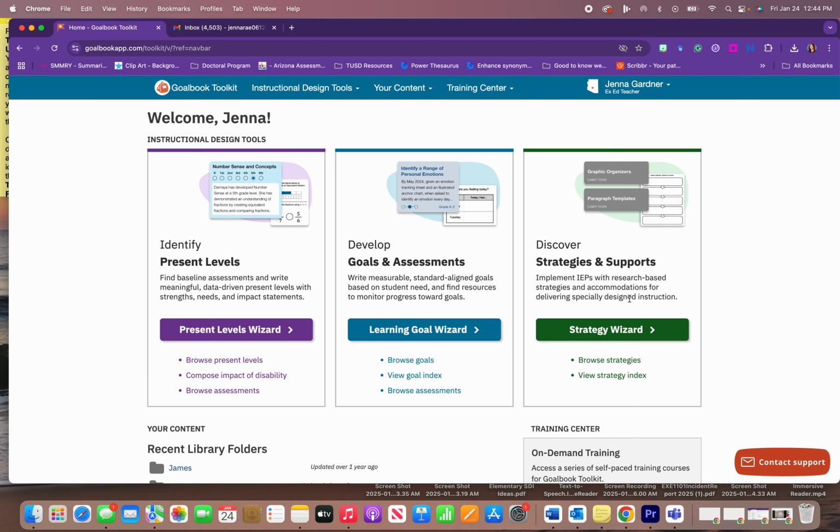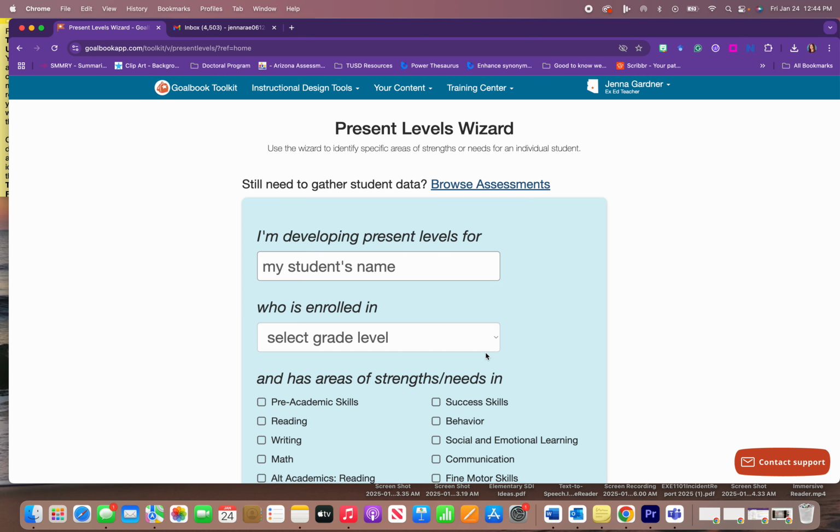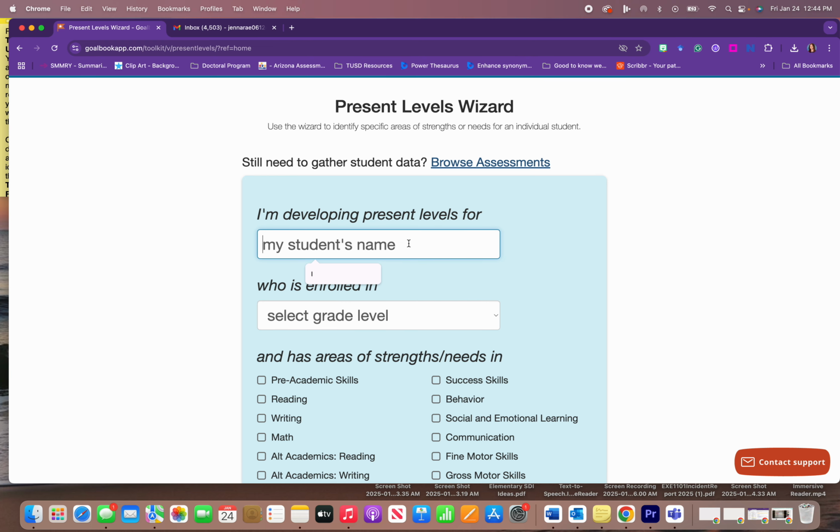The Goalbook toolkit, and we're going to go over just how to make the present levels for your students in your IEPs. So what we're going to do here is go right into the present levels, and it's a pretty easy, self-explanatory process here. So I'm going to put in a name, and we're going to put in, let's put in Jordan,